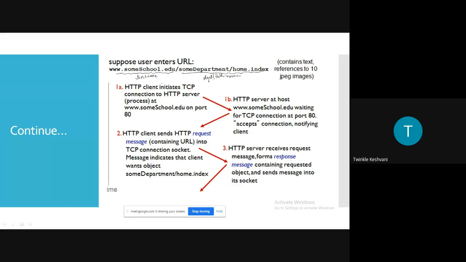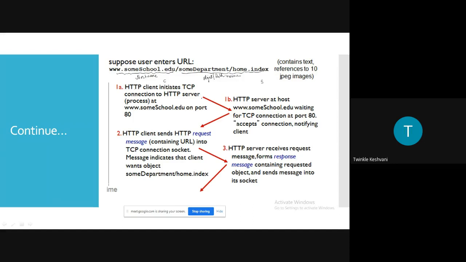This is the process of the client, and this is the process of the server. As you can see here, the HTTP client initiates the TCP connection to the HTTP server for establishing the connection. So here the first request will go to port number 80. That means the connection establishment process takes place at the browser side, which runs HTTP, and HTTP runs on port number 80. By default, HTTP works on port number 80, which we have already discussed.